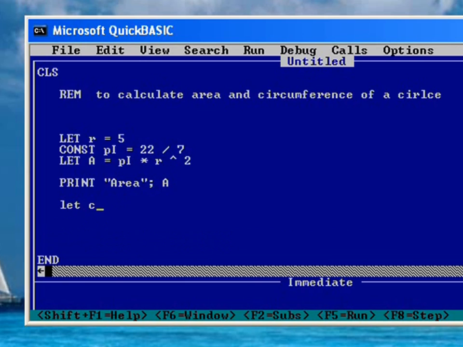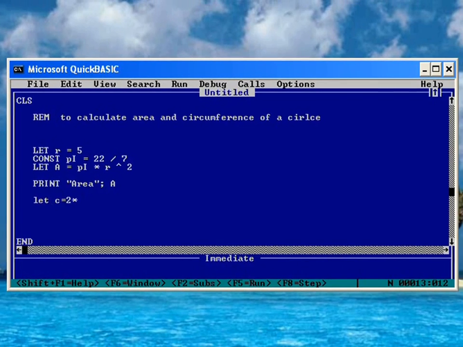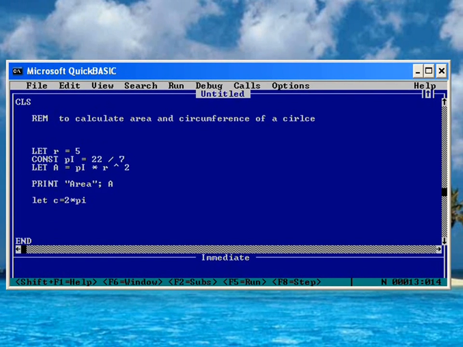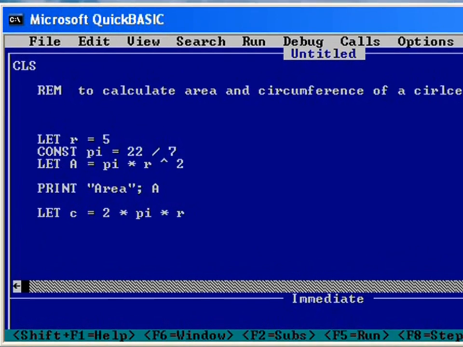Let circumference C equal to, now the formula is 2 pi r. 2 into, or multiplication sign, now pi, pi refers to 22/7, into r. R refers to 5. Print